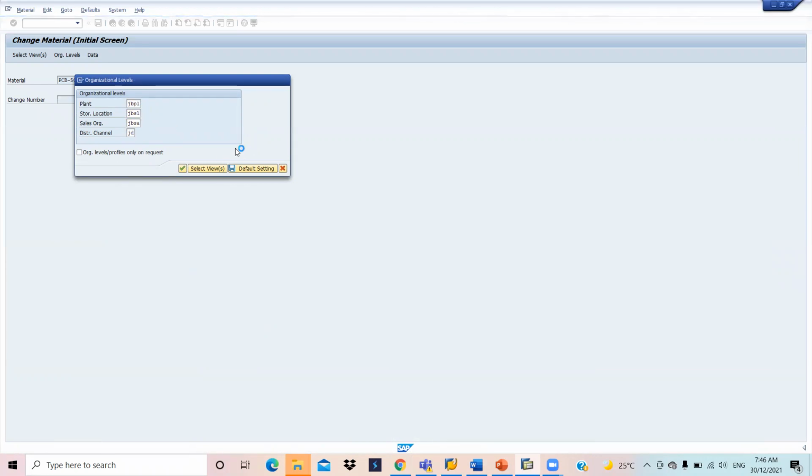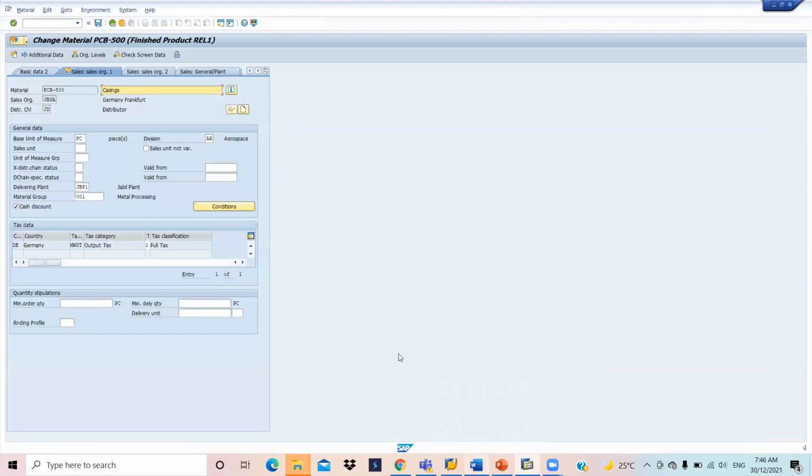It's taking some time. The system is a bit slow today, the demo system. Okay, so in sales org, you can see here, this delivery plant is defined. We have data for the delivery plant, and the plant data storage 1.